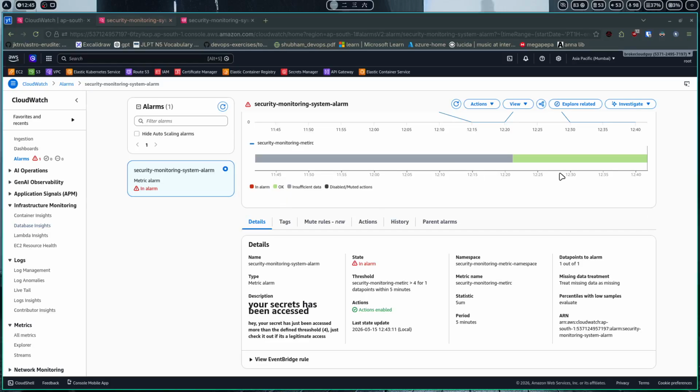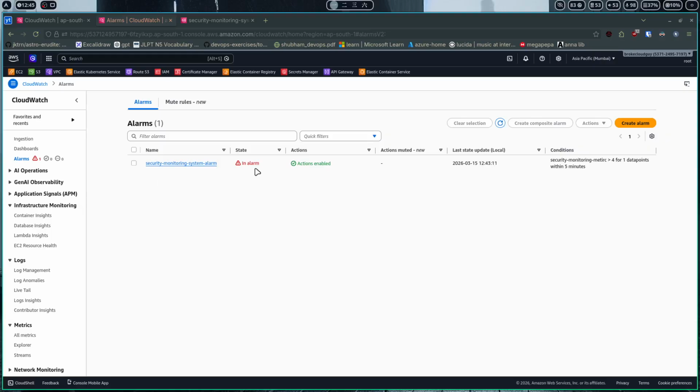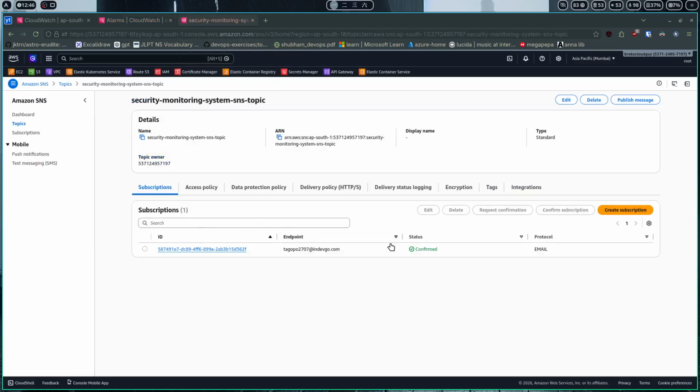Okay, I don't know how much time has passed, I guess less than 5 minutes. But if you see, our alarm is in alarm state. We have multiple states: insufficient data, OK, and in alarm. OK means everything is fine, whatever threshold we define. In alarm means we have exceeded our threshold. So it is in alarm, and this in alarm state will make SNS send us a